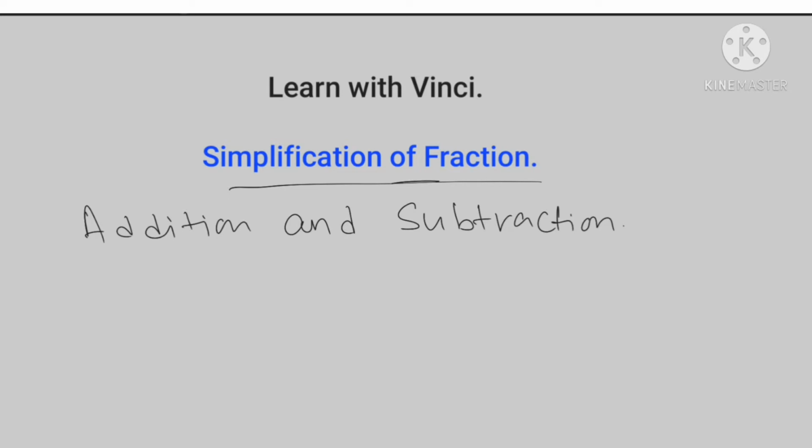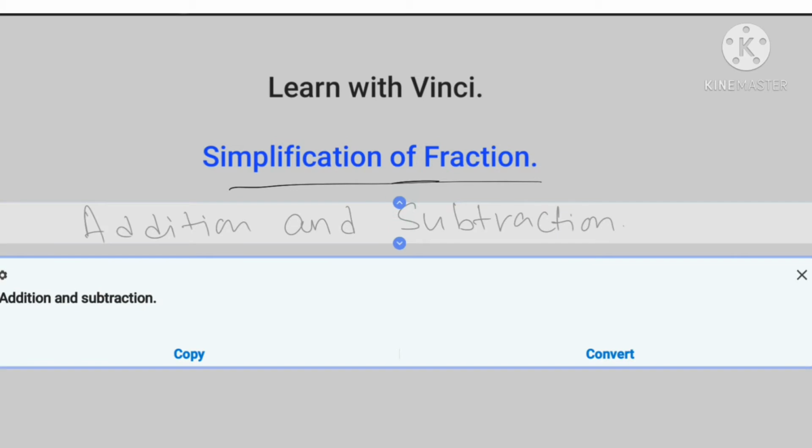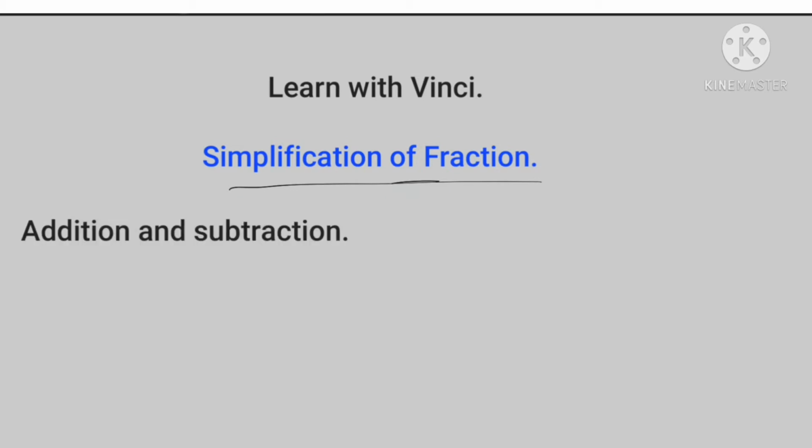That means it will have a plus sign and a minus sign. Now, when we say simplification of something, it basically means that the sum will include a plus, a minus, a multiplication, and a division. But since we're dealing with the smaller classes right now, we will only include plus and minus.